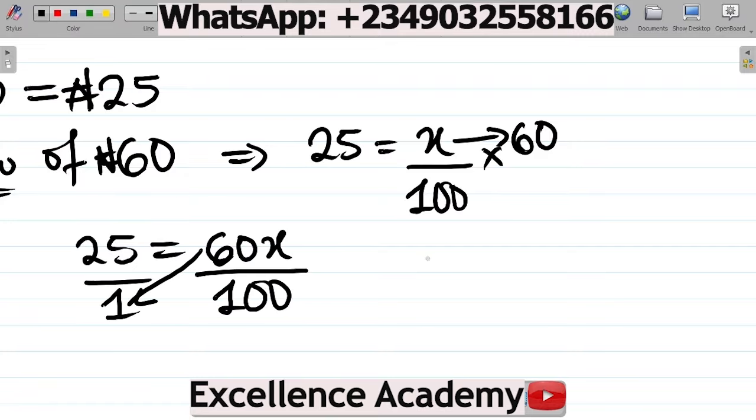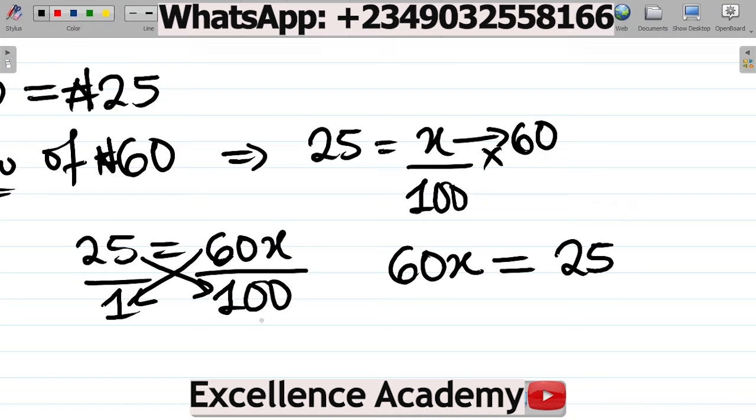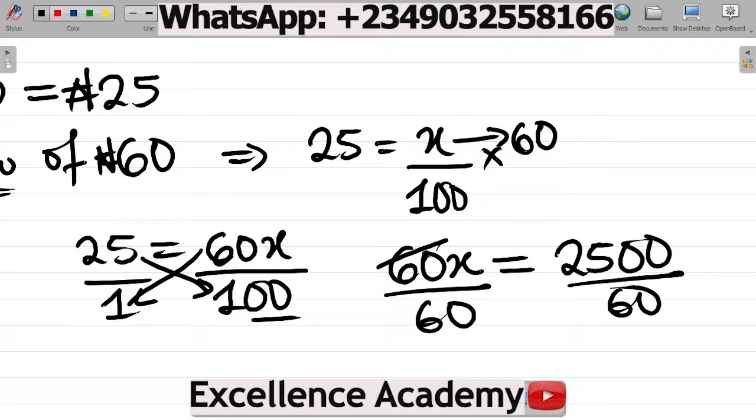60 times 1 gives you 60x. 60x is equal to 25 times 100, which gives 25, then you have two zeros there: 0, 0. Divide here by 60. Divide here by 60. This cancels this. So x is equal to